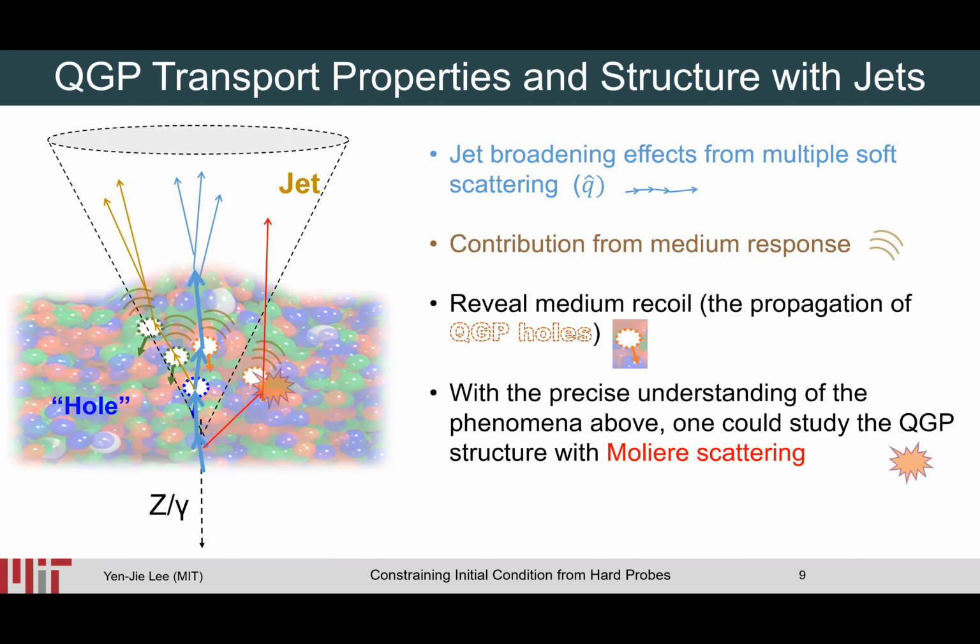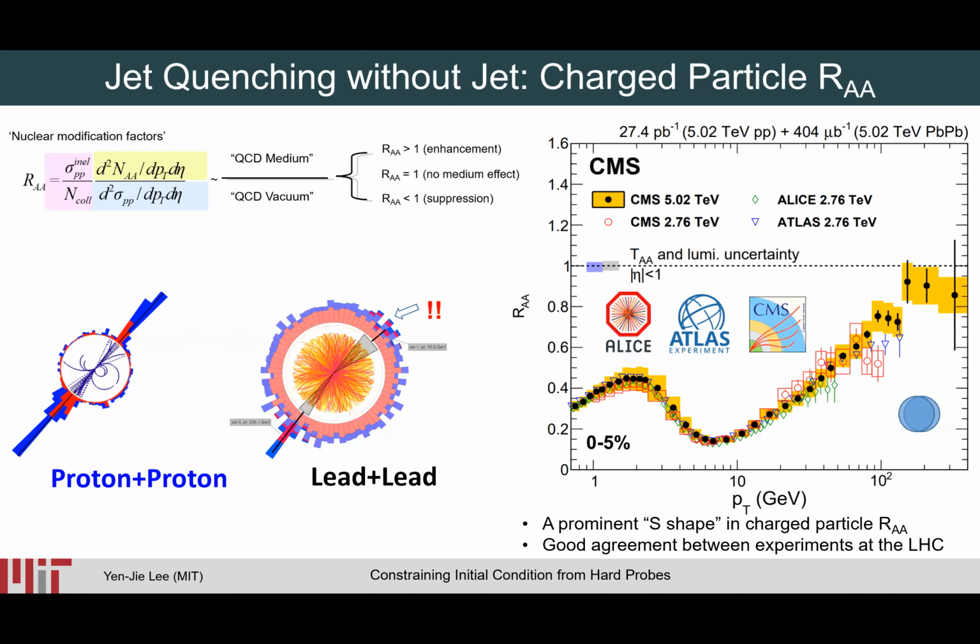And with a very precise understanding of all those effects, we hope we will be able to study the quark-gluon plasma internal structure with Moliere scattering, which we are not yet there, but we are making progress understanding the effects I illustrated above. And do we see jet quenching effect? The answer is yes. If you compare the event display on the left-hand side, which is coming from a proton-proton